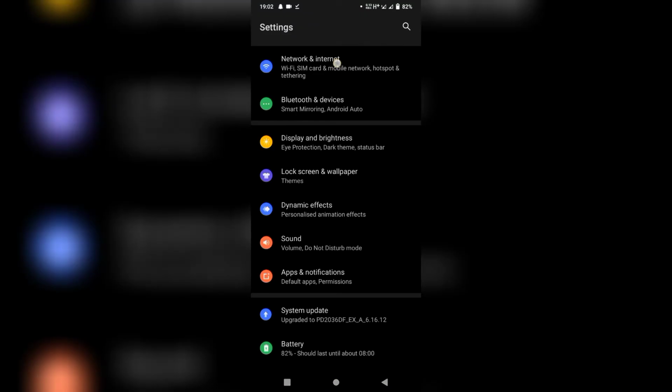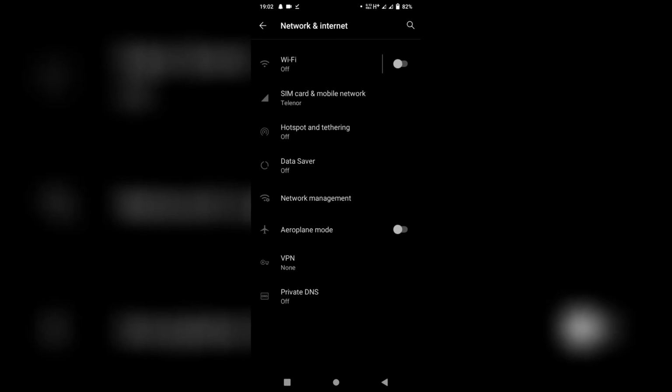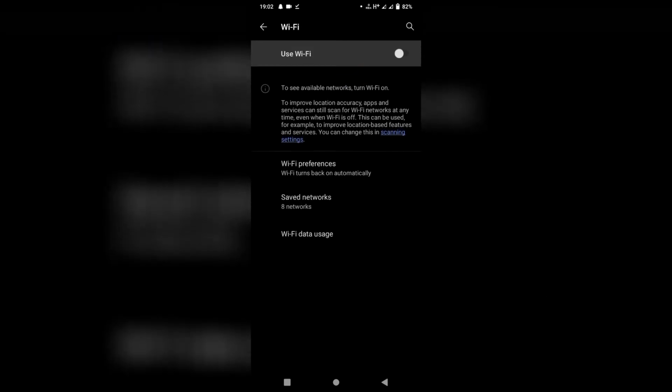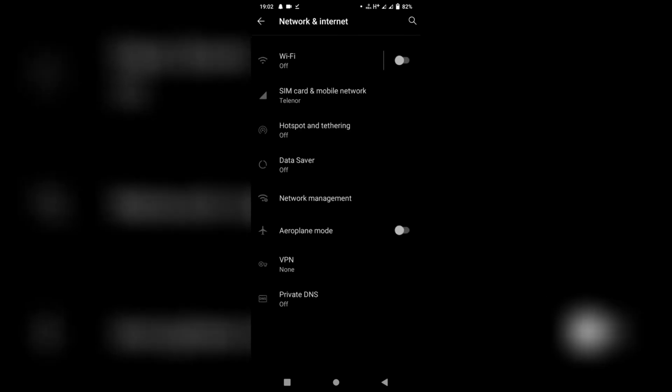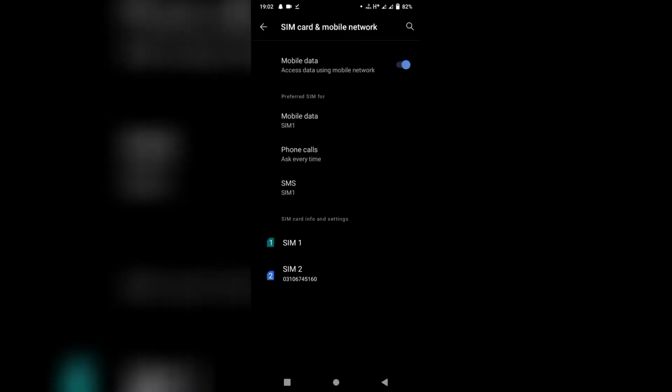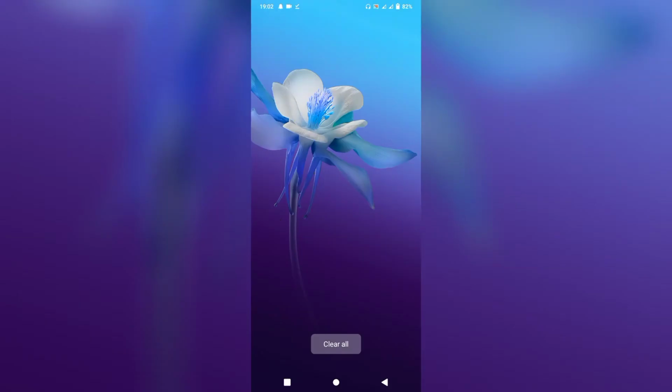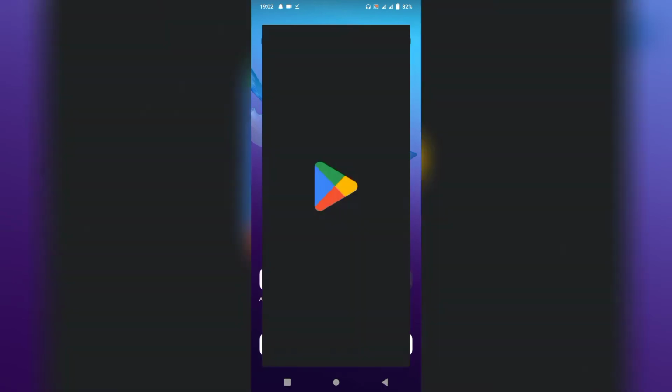and click on network and internet. Click on Wi-Fi and make sure that your Wi-Fi is properly connected. So I have not connected. So go back, click on SIM card and mobile network and open your mobile data. So turn it on. After doing this step, go back and open your Play Store